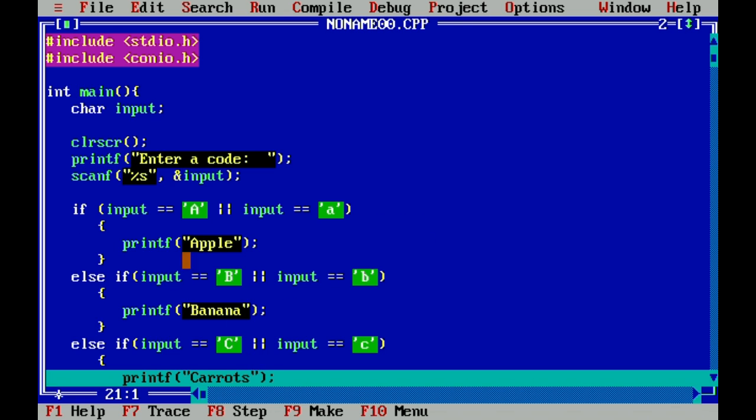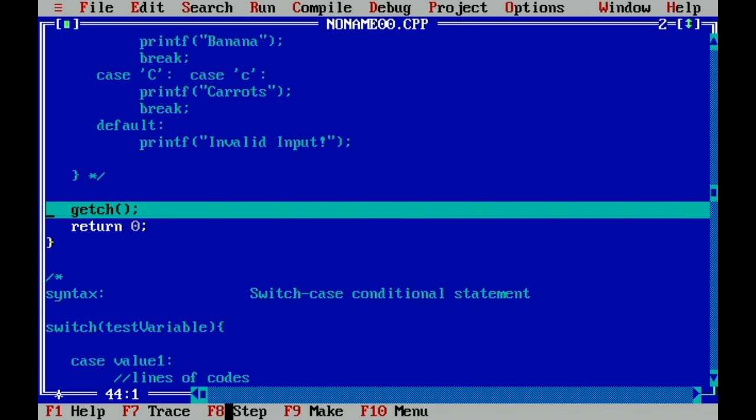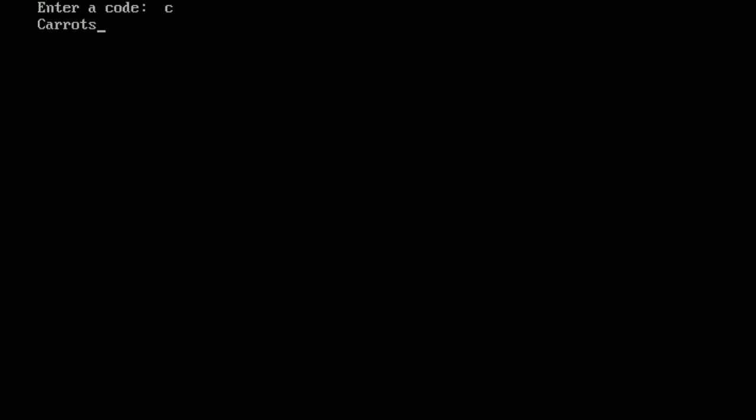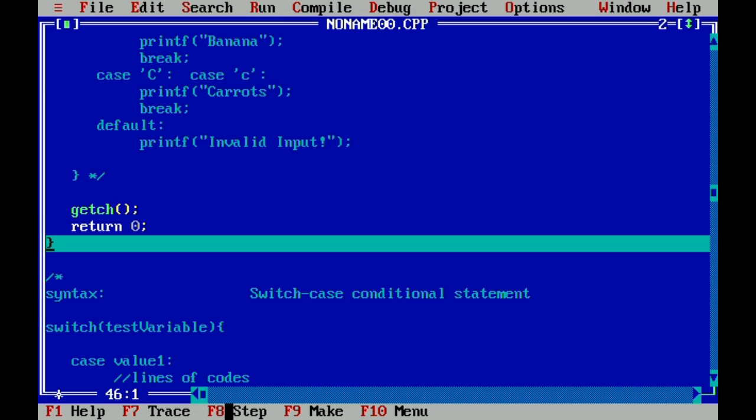So the two printfs here were ignored because they are only performed whenever these conditions are true. Afterwards, after printing, it leaves your if-else, ignores the invalid input printf, and moves to the next statement, which is the getch, and then return 0 terminates your statements.